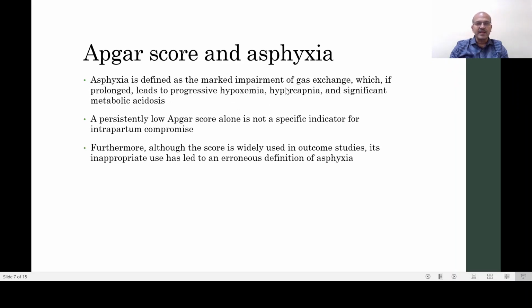Asphyxia is defined as a marked impairment of gas exchange, which, if prolonged, leads to progressive hypoxemia, hypercapnia, and significant metabolic acidosis, which is a surrogate marker for both the hypoxemia and ischemia, which is an association. So that's why asphyxia leads to hypoxic ischemic encephalopathy, brain damage from the reduced blood flow and